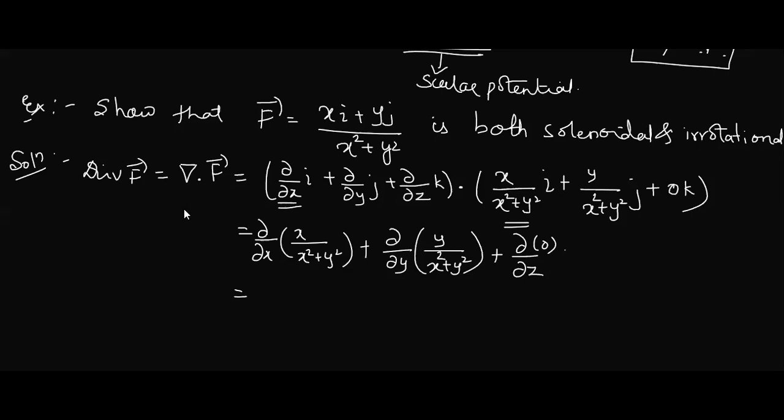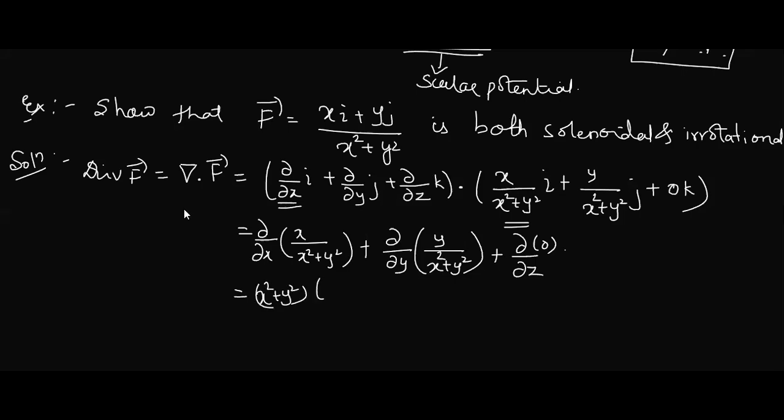Now, the meaning of this first term is we have to differentiate this bracket quantity with respect to x. Tell me, to differentiate, whether we have to go for direct, product rule or any other rule. Yeah, it's the u by v rule. Quotient rule has to be applied because both numerator and denominator are functions of x. Let us apply the u by v rule. What does the u by v rule say, whether we write numerator as it is or denominator as it is? Denominator: x square plus y square as it is.